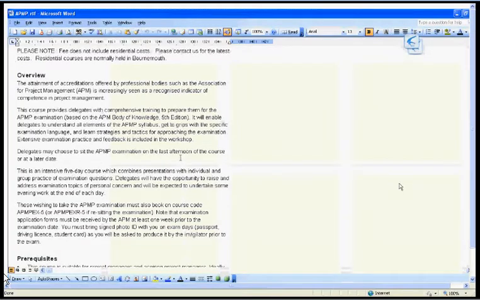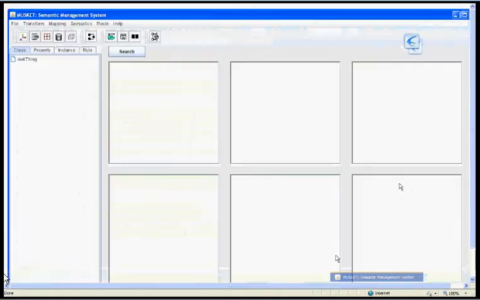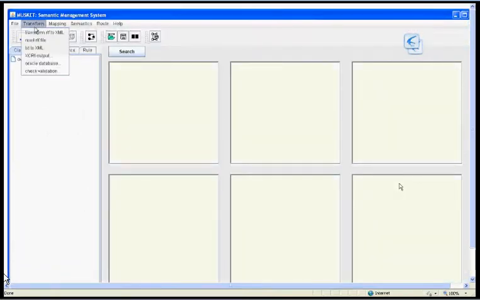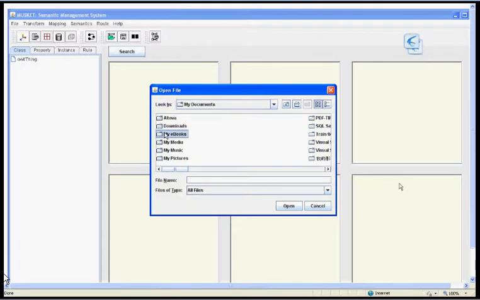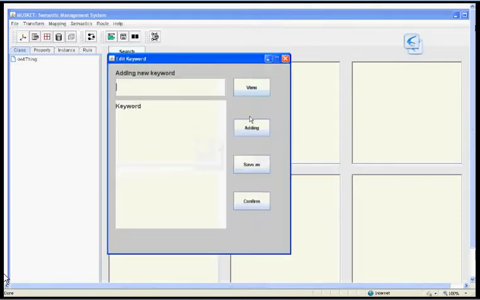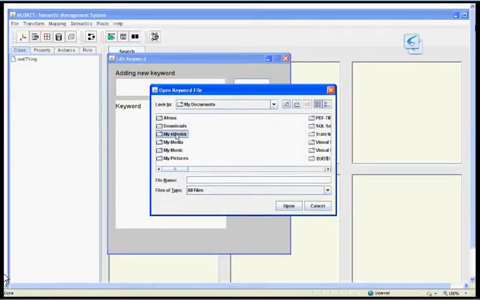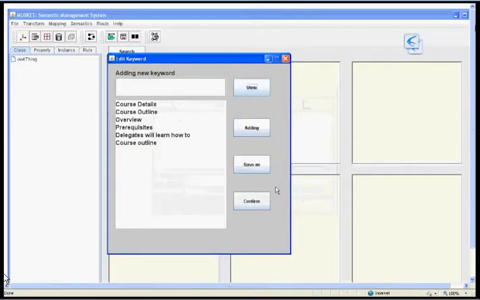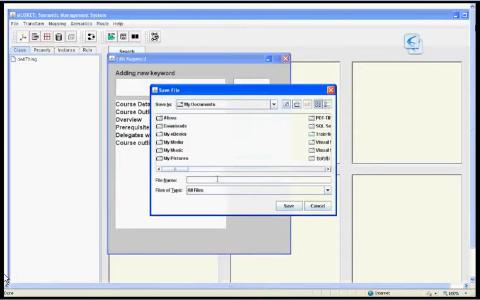file converter. The idea is that a Word file is opened where the course description is provided in a Word template. This is the transformation interface that we use in order to take the information which is in a Word file, traditionally saved for a course description of a university or a module description for a professional body, then identifying the different keywords like course details, prerequisites and course outline.